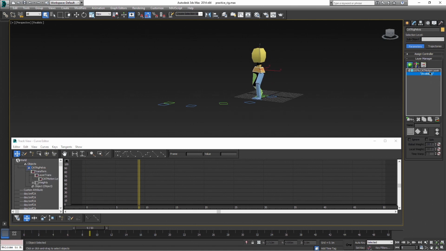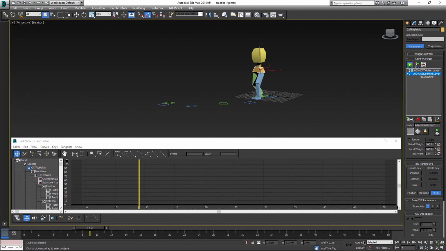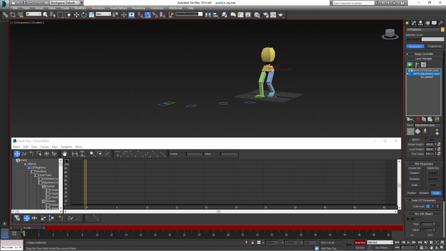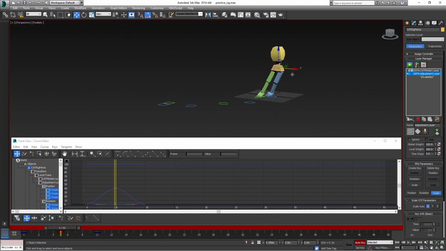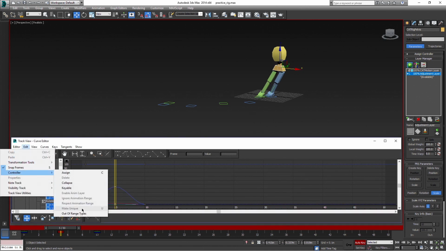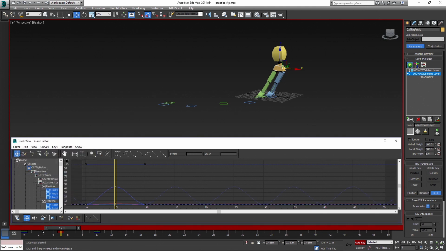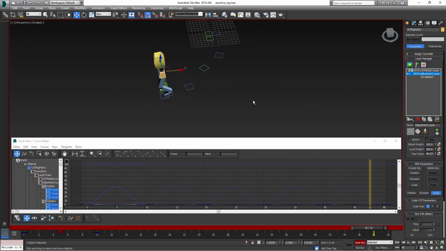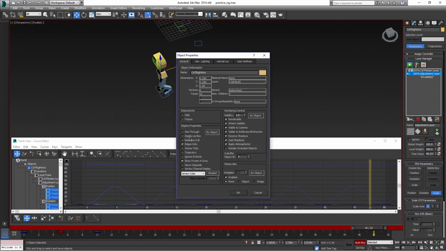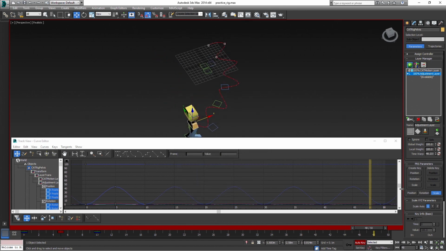Let's add a local adjustment layer first. And move the pelvis to the left, for example. Exaggerate it a bit and make it looped so we can see better. We see that the layer adds the movement we just did to the local x-axis of the pelvis and moves it relative to its rotation.